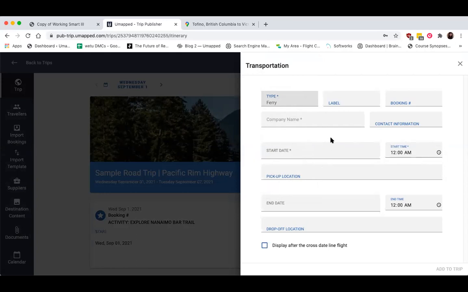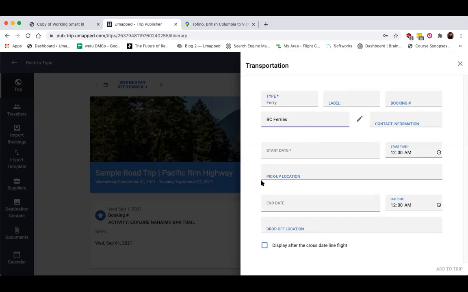In the company name field, I can either choose to add the exact company name, such as in this case, I'll put BC Ferries, or you could choose to just write something generic like ferry to Vancouver Island. It just really depends on how specific you want to be. You'll see it's not really pulling from anywhere. Maybe if I had already created a vendor, it would pull from there, but I don't necessarily have to. I could just call this BC Ferries, or I could say ferry to Vancouver Island. Let's just go back to that.